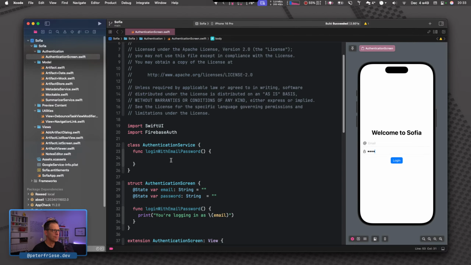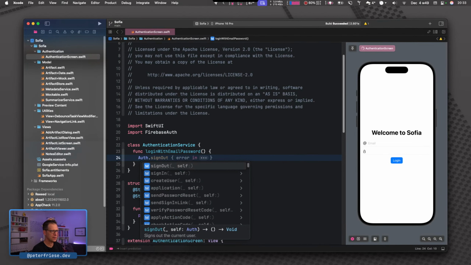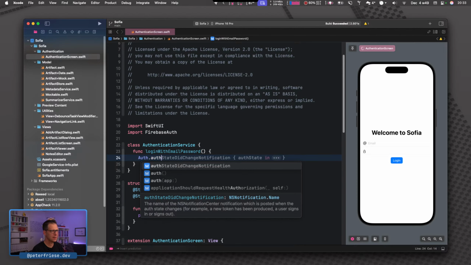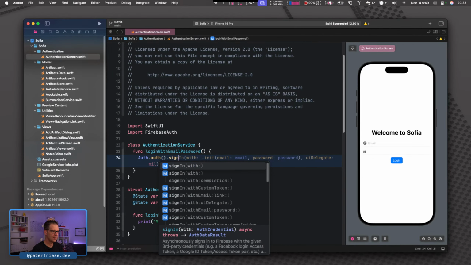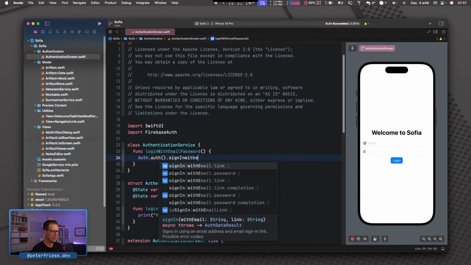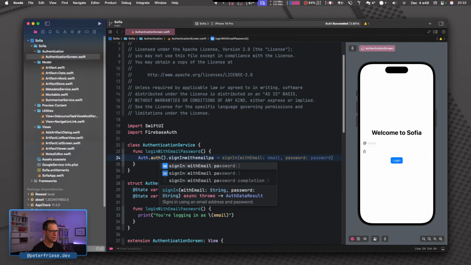Right. So we were able to import Firebase Auth, and now we can do auth.signIn with email password. I really like that you can just type in the fragments of the method you're looking for.